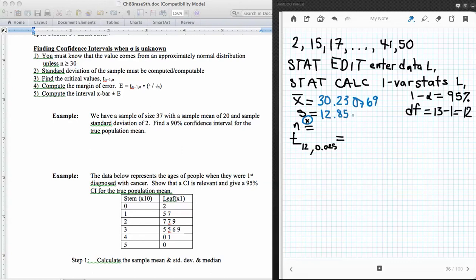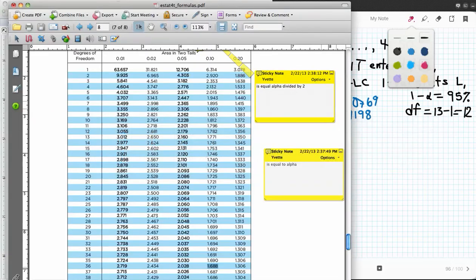12.859198 is what I'm seeing there. And then my n, and that's going to be the 13 values that I had for n. And so I've already shown my calculations over here, and this is the t that I'm going to go look up. So I'm going to go to my t table, and I'm going to look up